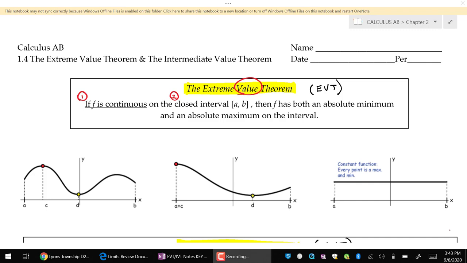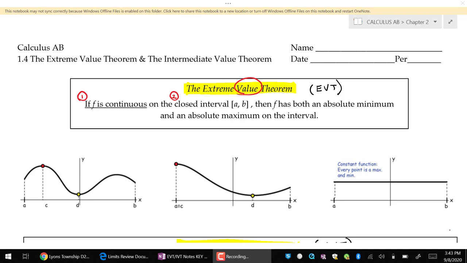In this video, you're going to learn about two very important theorems in calculus. The first is called the Extreme Value Theorem, and the second is called the Intermediate Value Theorem. Now we'll abbreviate these for short, EVT and IVT. Let's begin first with the Extreme Value Theorem, which states that if you have a continuous function f on a